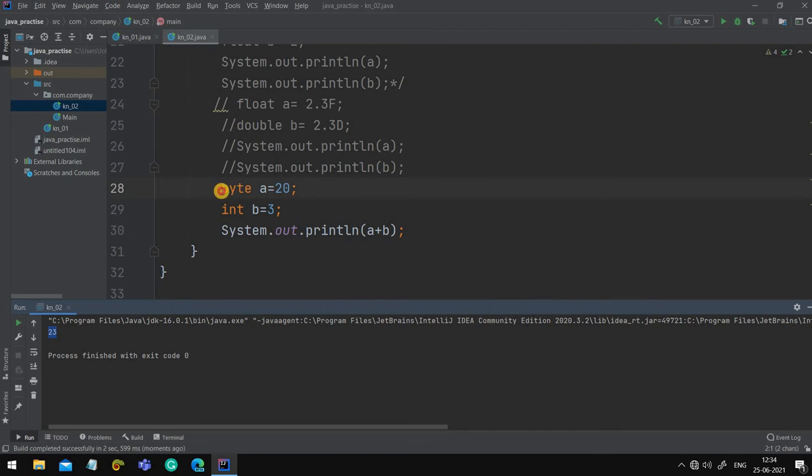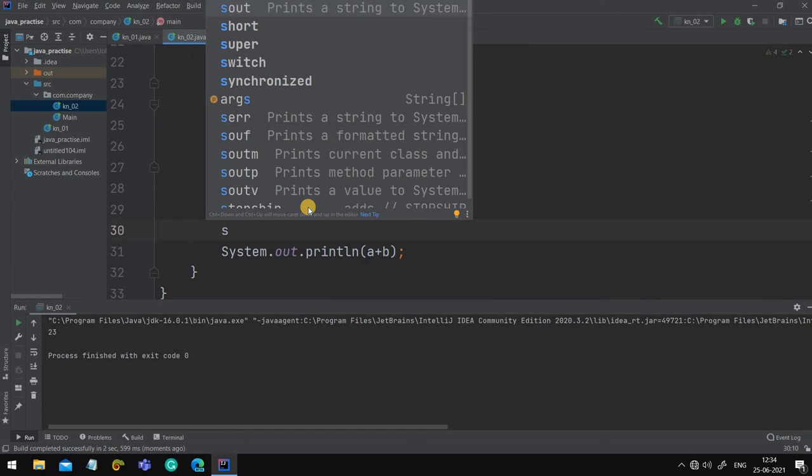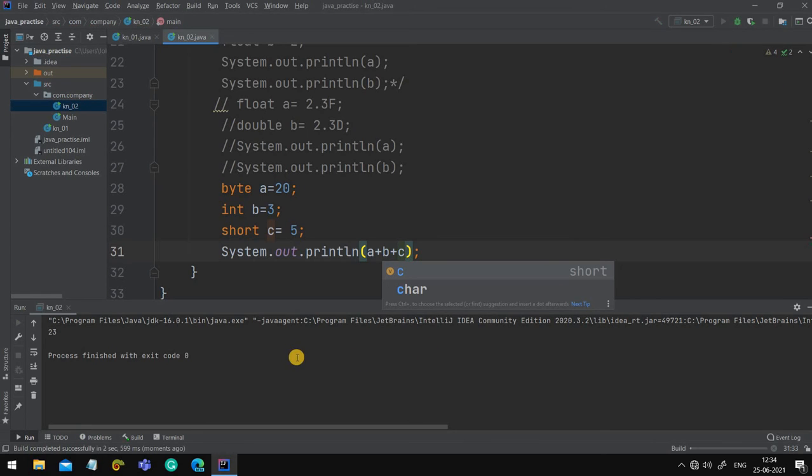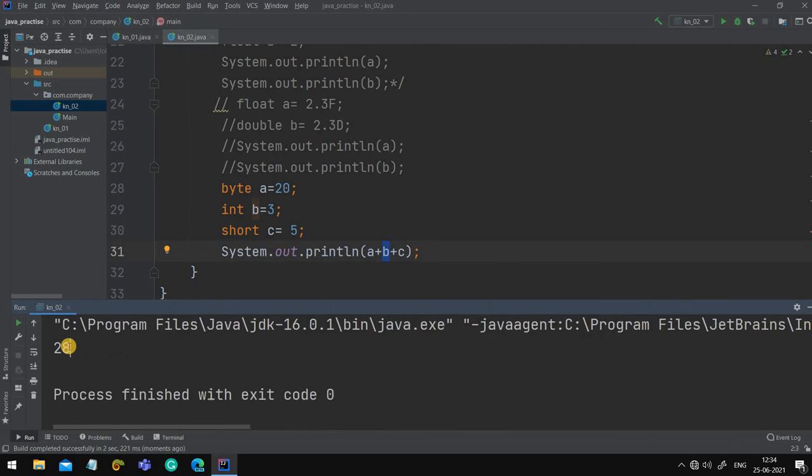But now tell me, which type is this output? Is it a byte, an int, or a short? Which is this one? I don't know. If I also created a short, and then add it with 5 plus c. Now let's check it out. What is the output? It is 28. But now tell me, out of these three, which one is the data type of this output, this 28? That we do not know, right?